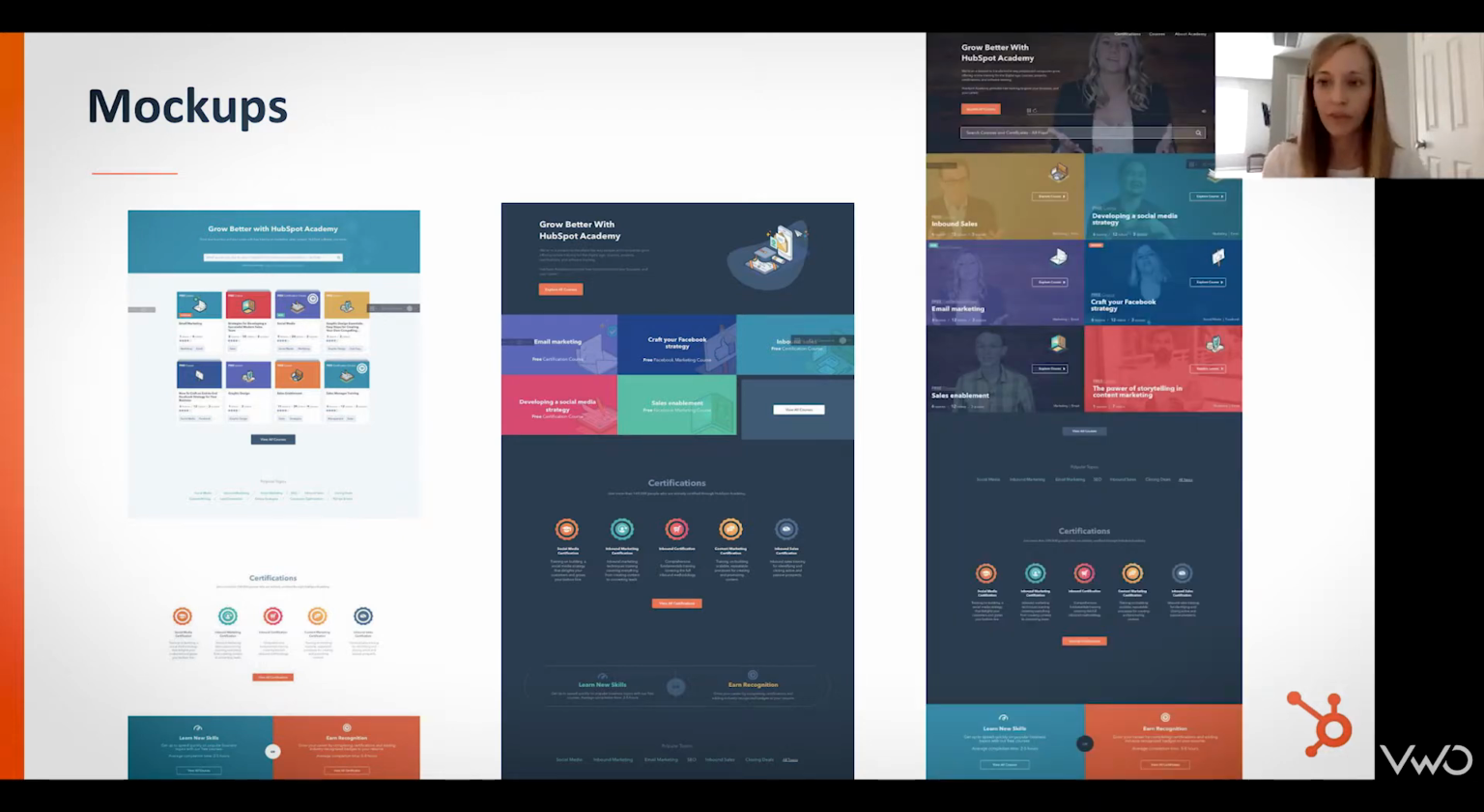And then this was the third version, also in the darker style, but you can see some of the differences there in the top of the page. You can also see that each of the heroes is different. In some cases, we lead with search, and in some cases, we have explore all courses. So there were several